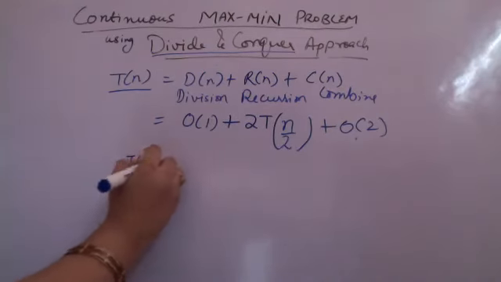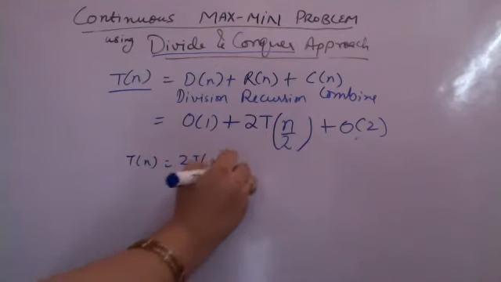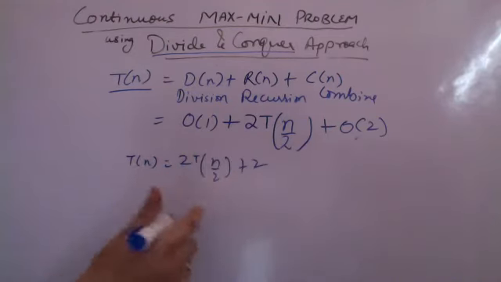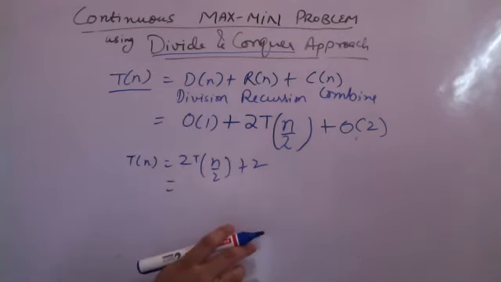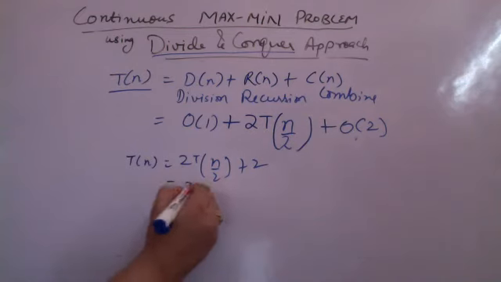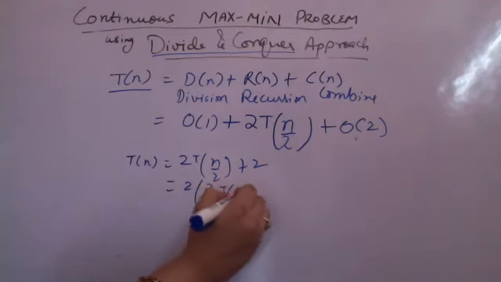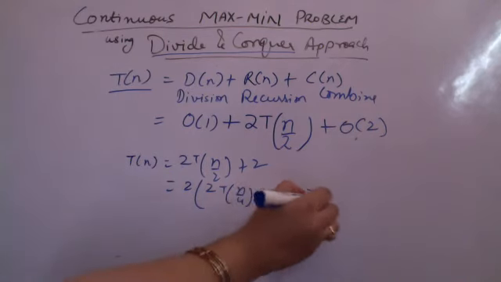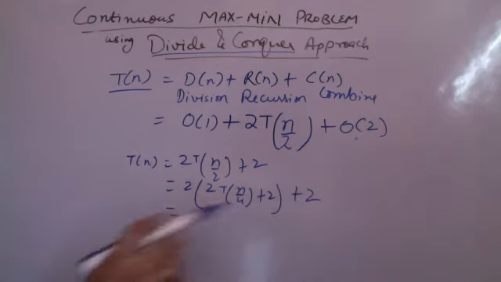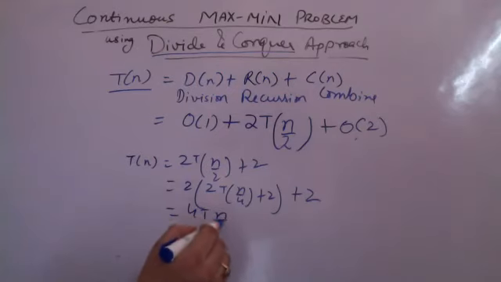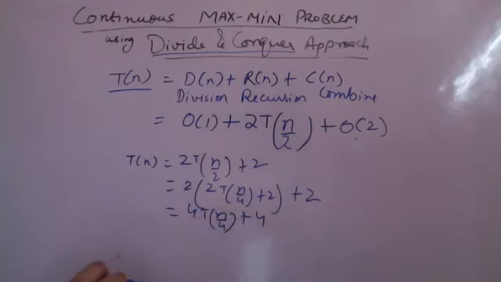If I am saying that T(n) is equal to 2T(n/2) plus 2, and I keep on breaking it, instead of using any theorem you can do this. I'm just giving you an example. So this becomes 2T(n/4) plus 2 remains as it is. Again you break, the same thing remains. So this is actually 4T(n/4) plus 4. This is what will come, right? You will again break it, and this continues. Yes or no? This continues till you have reached a list of 2 elements or 1 element.